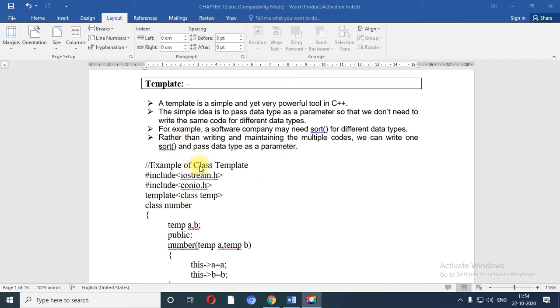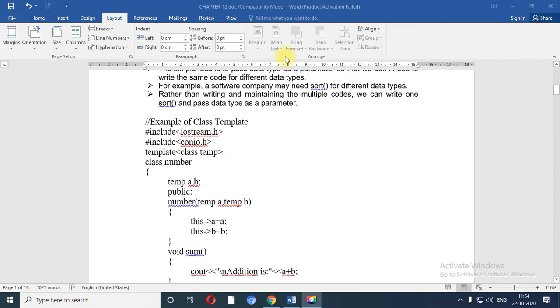So over here, first of all, we are having the example of class template. We have included two header files, iostream.h, conio.h. Template is a keyword through which you can declare the template variable, template class temp.